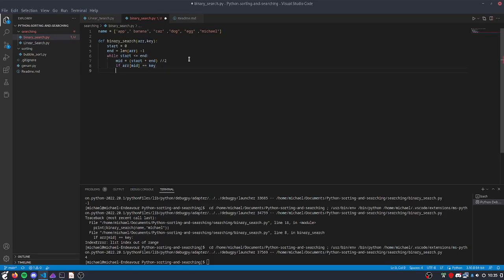Anyway, so if our midpoint is already equal to our key, then we can just return midpoint. And this is our ideal solution, that it happens first try. Rarely does, but we put the check in place. Next thing we're going to do, if our array at midpoint